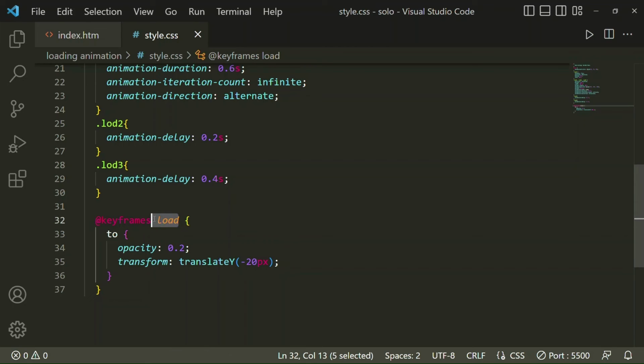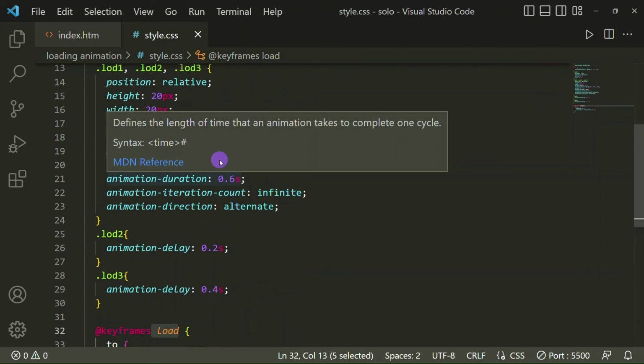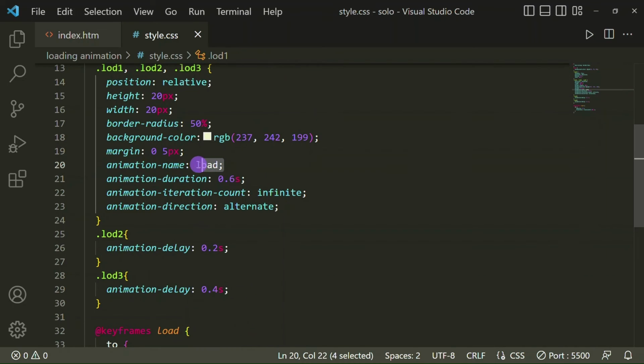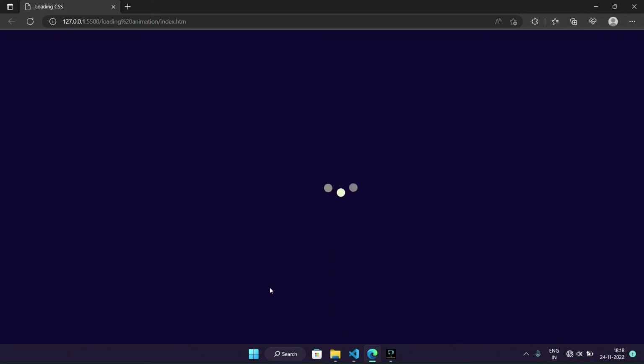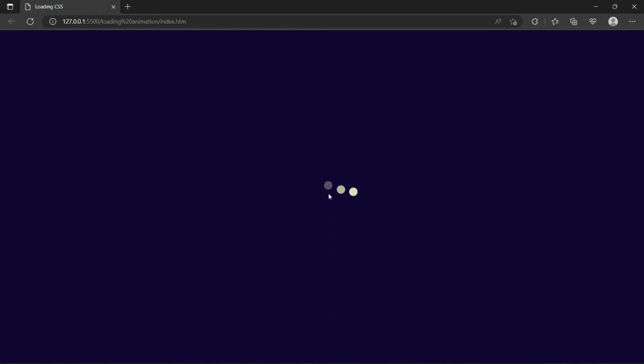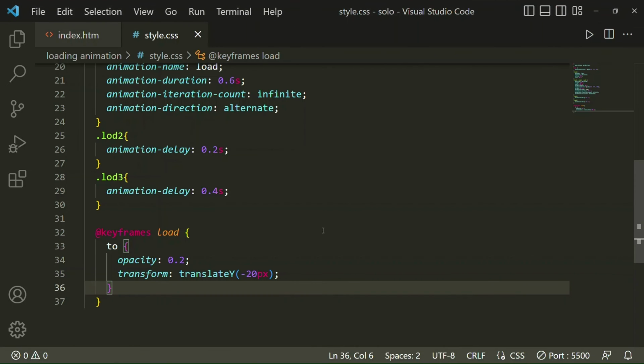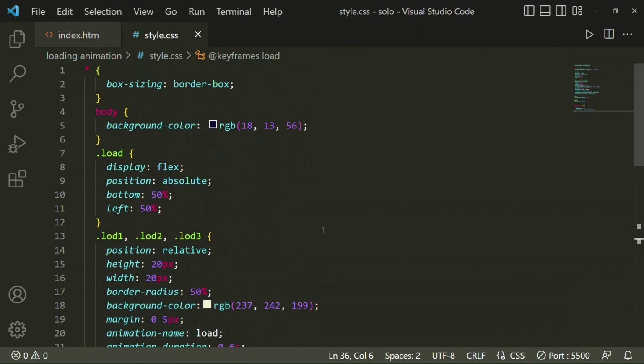After that I have taken keyframes load animation. You can see here the name is load animation. To opacity I have taken 0.2, and in transform I have taken translateY minus 20 pixel. I can show you it's coming in the y direction, minus 20 pixel up and down. So like that, after writing this much code, you will get